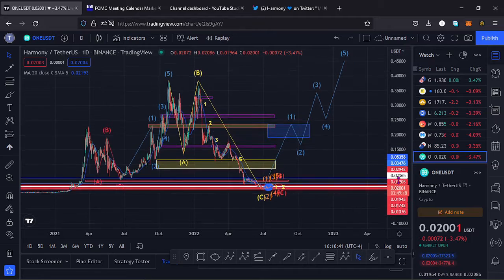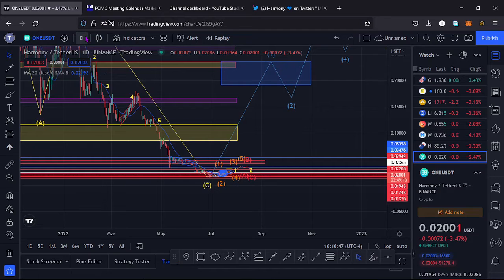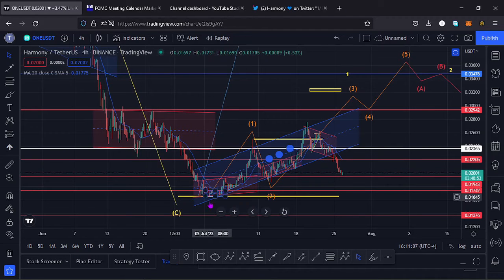Here on the chart, if I jump to the 4-hour chart so that I can get into the key scenarios that I expect to play out on this chart. Here on the 4-hour chart, the price of Harmony One has been trading within this bigger channel over here in blue, and at the moment we have broken out of that channel to the lower side. We have even lost a key area of support at around the $0.02 mark, and I also have this Elliott wave pattern, which I believe Harmony One was trading within, and I expected us to continue pushing to the upper side in that wave 3, having a target area at around the $0.03 mark, and that I was basing it